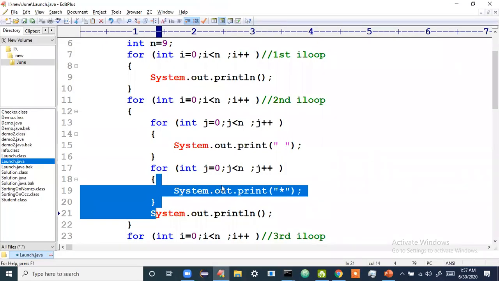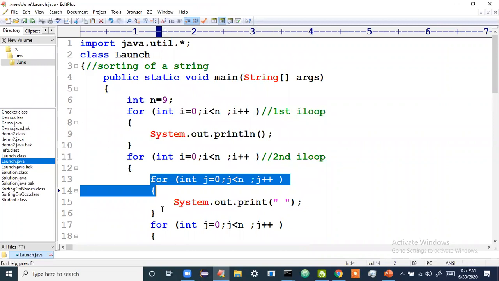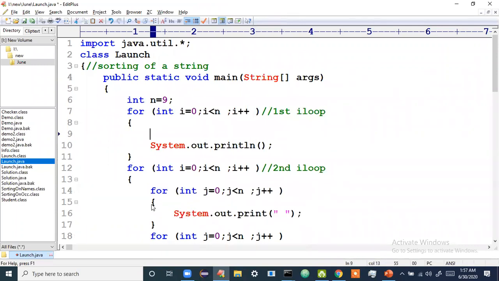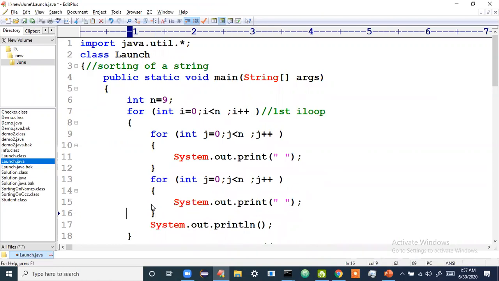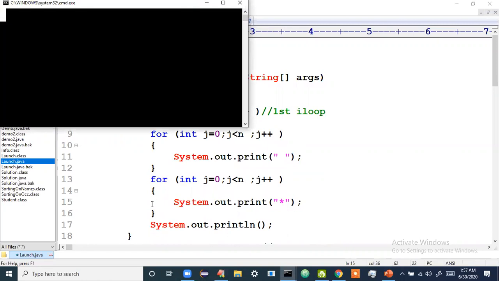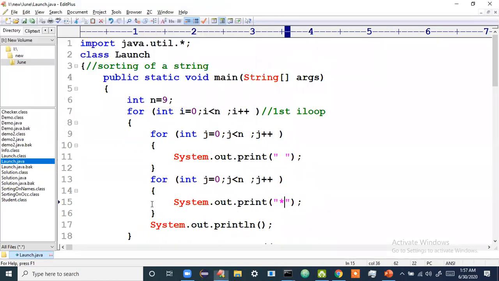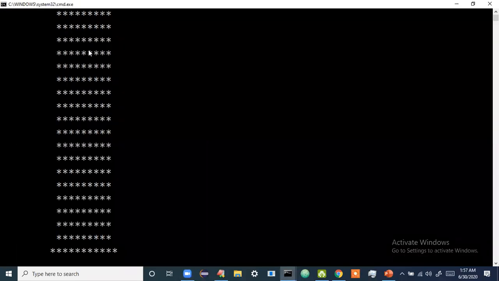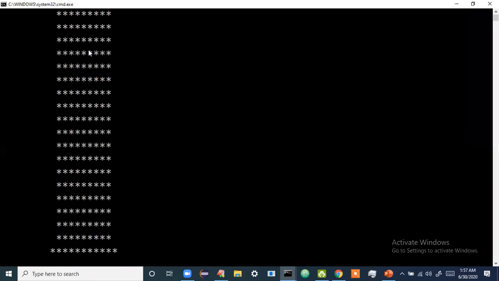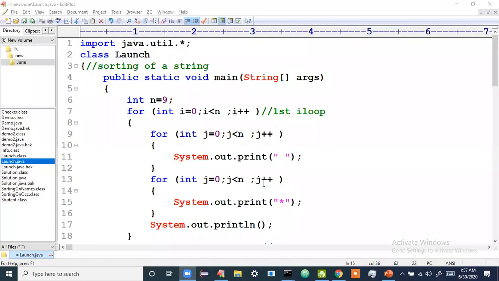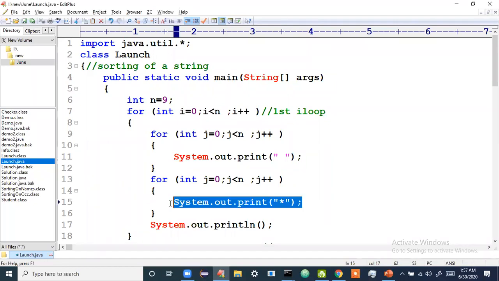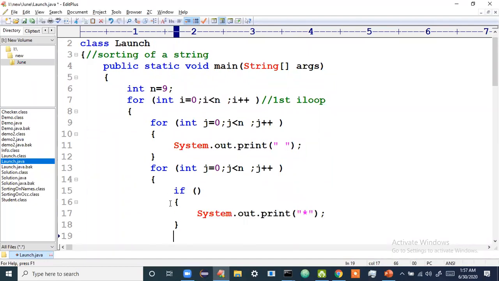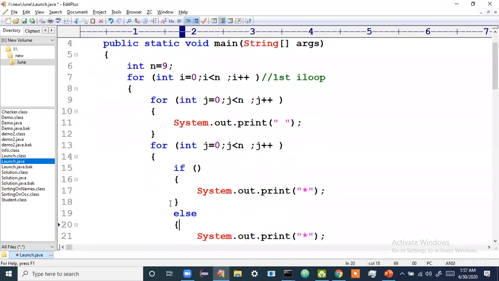So for that, in the first I loop, again there is one J loop, right? Now I'll copy this because there is a space in the beginning. Yes, there is a space. After the space, let me try to print a star now. Watch here. So in the first I loop also, the first J loop is space only. So it will look like this. But don't think that I have to cut it. Now I have to say, don't print stars everywhere. In the first I loop here, don't print stars everywhere. If some condition is true, then you print star. For this there is one else part, which is a space.